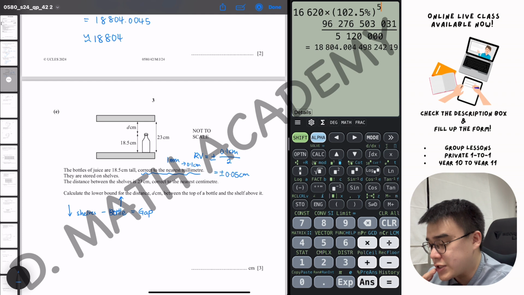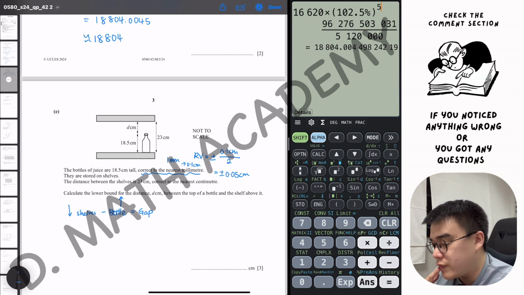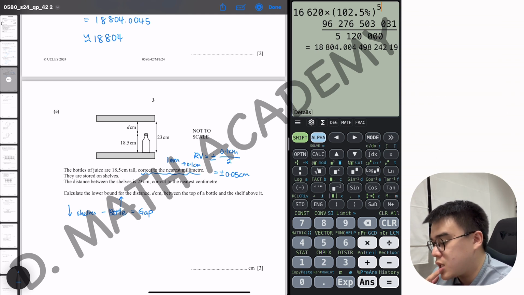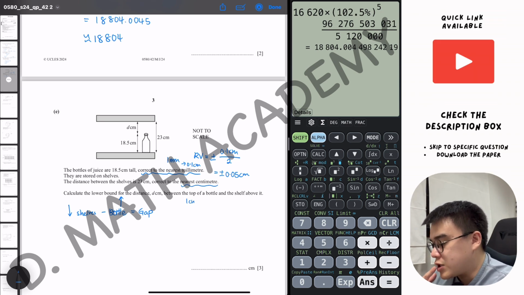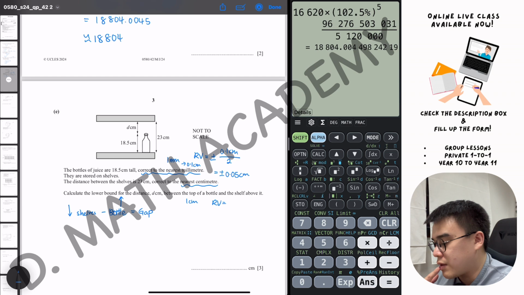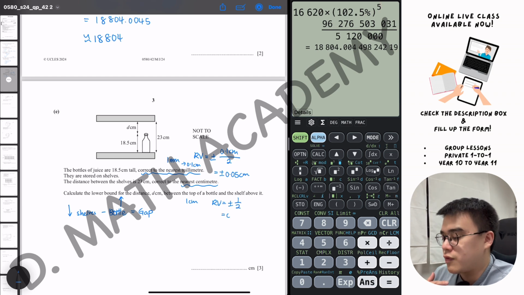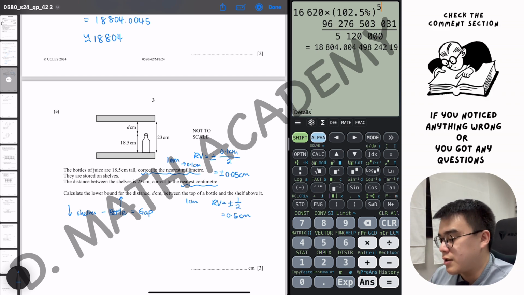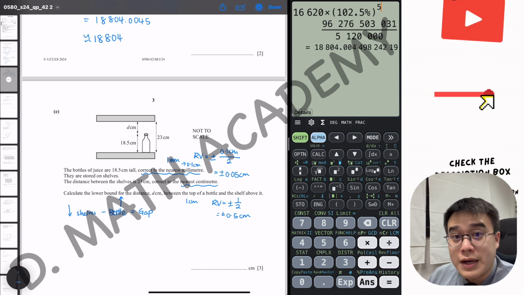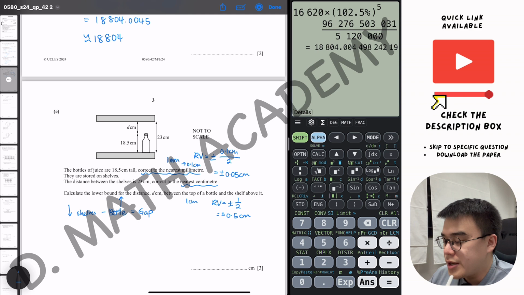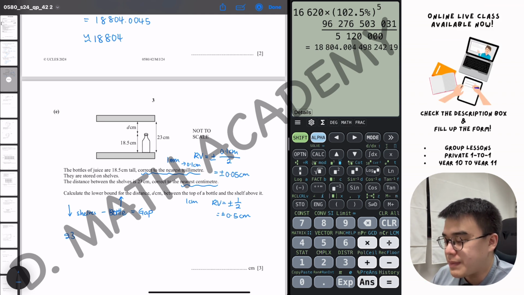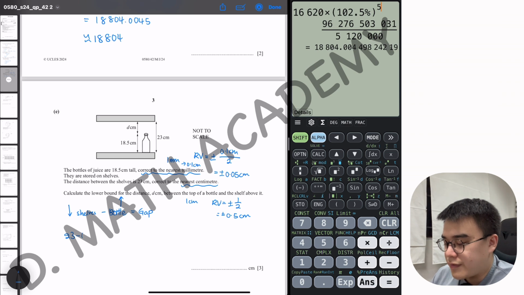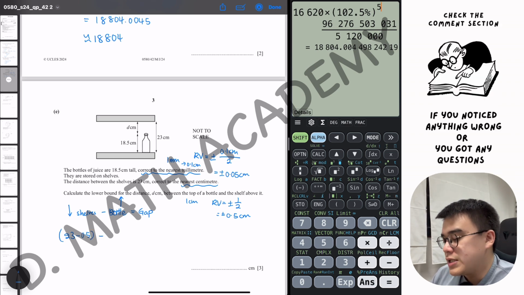As for the other part, which is the distance between the shelf, this one here, they gave us the nearest cm, which means they're being nice to us, so we can immediately use it for the calculation, coming to a conclusion of plus minus 0.5. If you notice the remark that I made earlier, the shelf height must be lower, which means that the 23 centimeters given must be minus by 0.5 before I proceed to minus the bottle